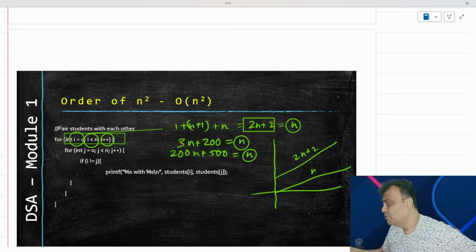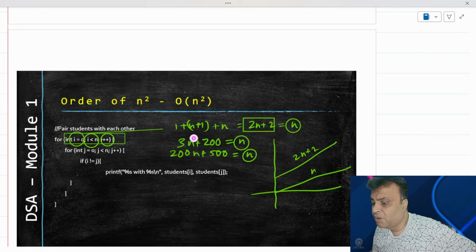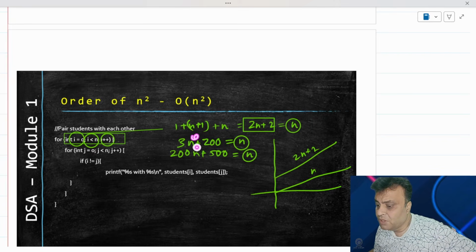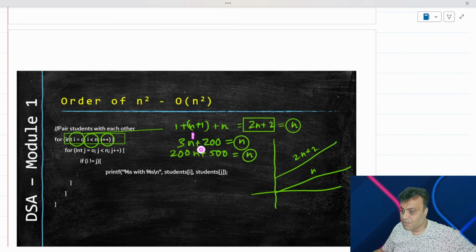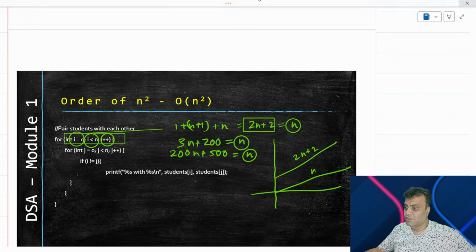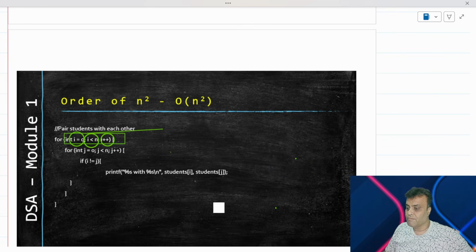And that's what we had proved earlier, that's what we are proving now, and that's why we are saying that the degree of the polynomial is still 1. So we are going to have a degree 1 here, degree 1 here, and hence it is always going to be an order of n from an asymptotic execution standpoint. So if we have established that, let us remember this going forward, that for all loops, for the for condition, we are going to write an order of n.